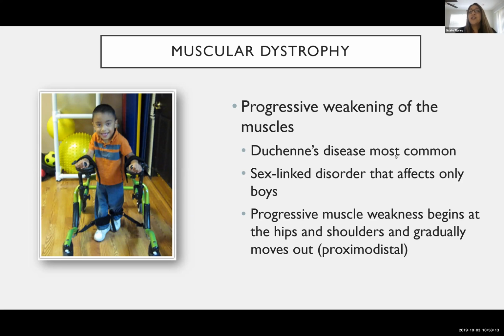This is another condition that it's so important to recognize. Children with muscular dystrophy don't have a cognitive impairment. So I worked with one little boy and he had Duchenne's muscular dystrophy. He also had an older brother in his 20s who also had Duchenne's muscular dystrophy, and then a sister without muscular dystrophy. So we know that it was only affecting the boys and not the girls in the family.